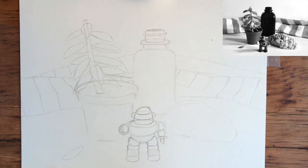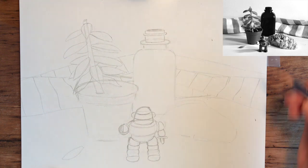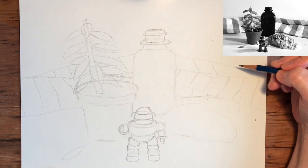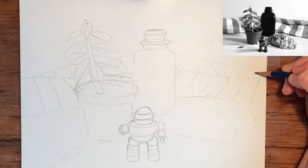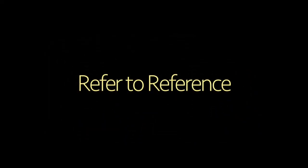Today's assignment is to complete all contour lines for your drawing. Focus on proportion, overlapping, and believability more than accuracy. Remember to refer to your reference often,